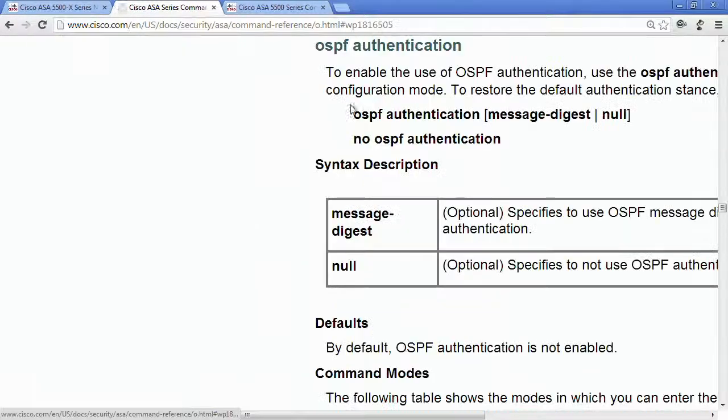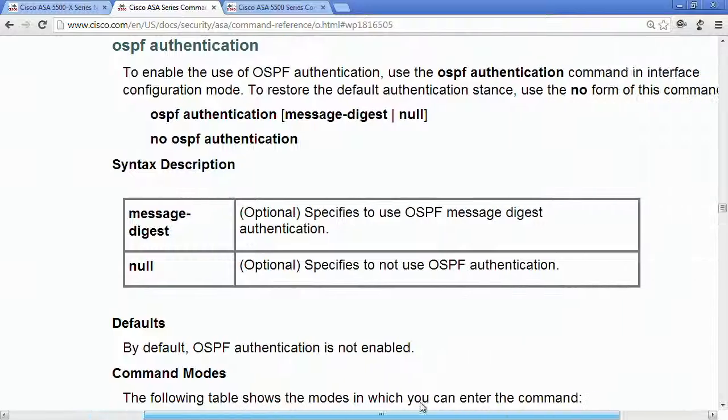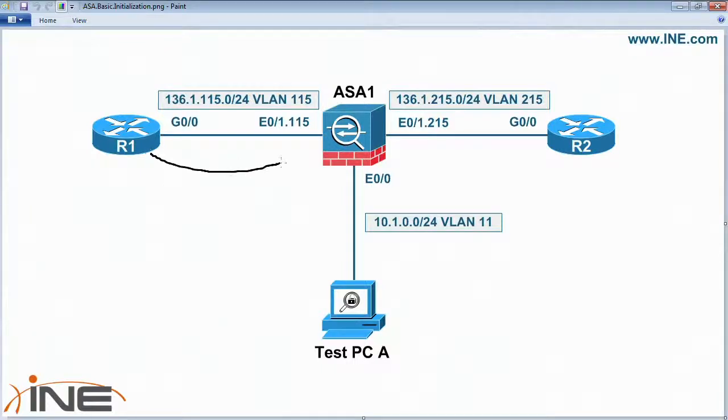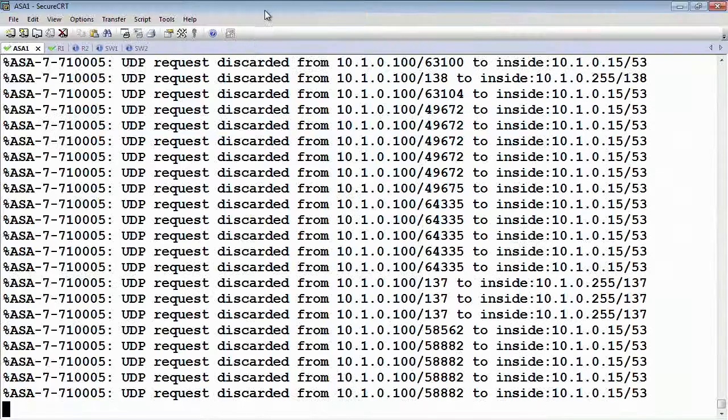Okay, otherwise the big thing is going to be the authentication. So make sure you do spend some time to go through the different control plane authentications. I'm not going to go through all of these examples here because hopefully they're pretty self-explanatory. So let's say in this case we want to run OSPF between router 1 and the ASA, and we also want to do authentication. Now in the case of the router,